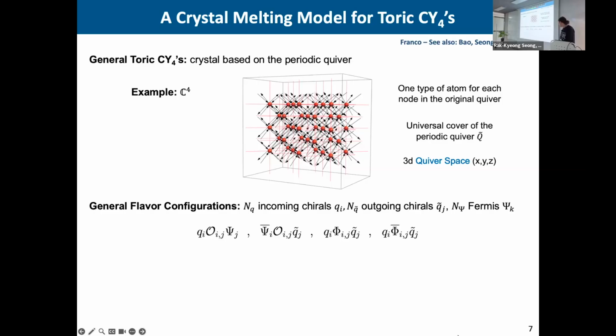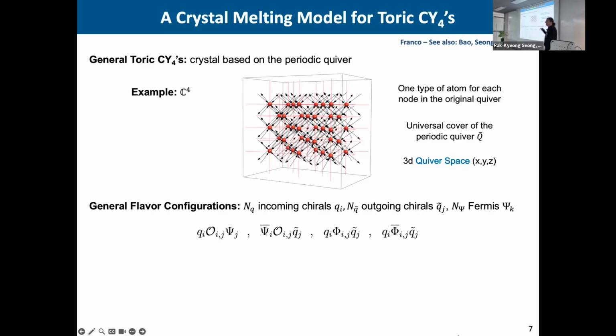You heard a lot about, if this is the D0 brain theory, you heard a lot about D4, D6, and so on. Very interested in D8 also. But more generally, it's the problem I want to consider. I want to consider general flavors. So I will have,